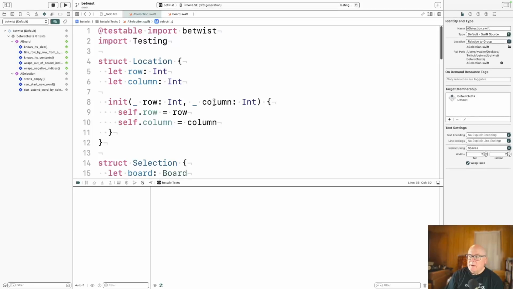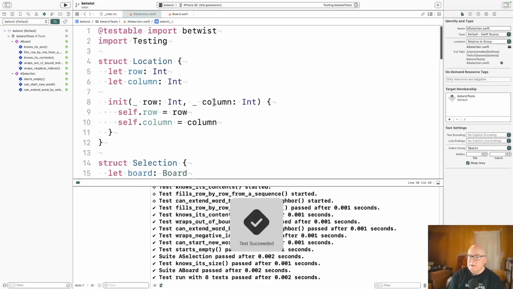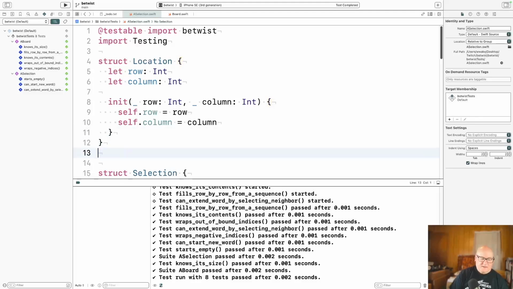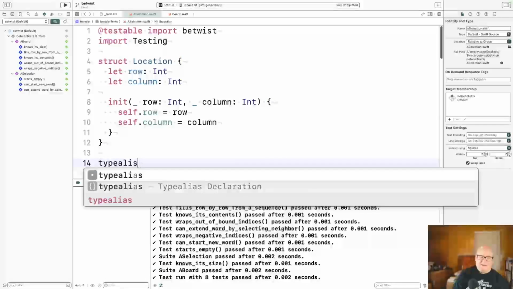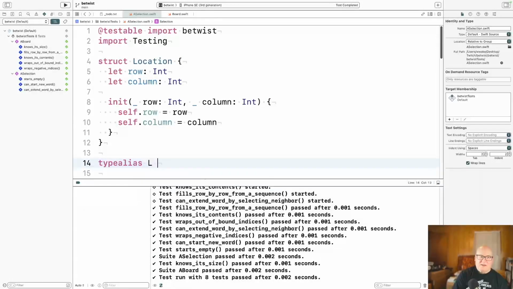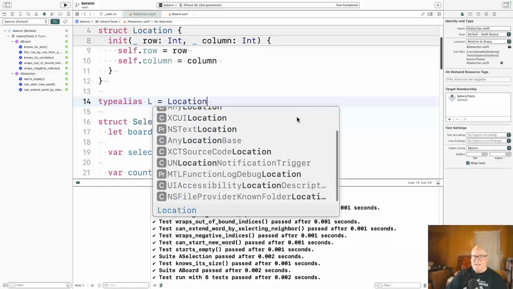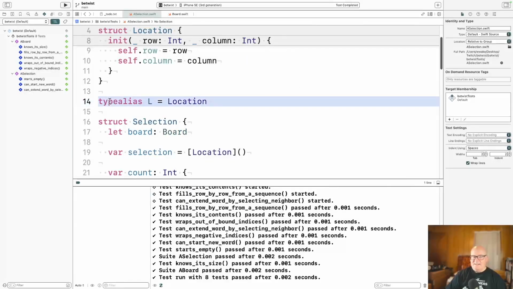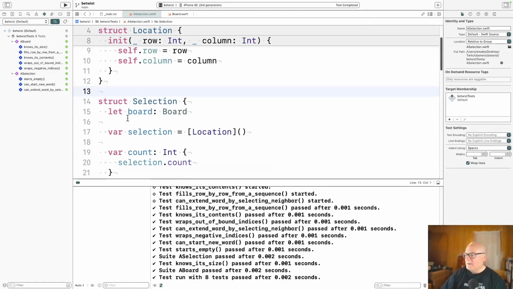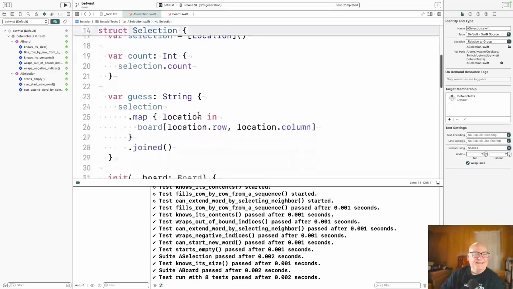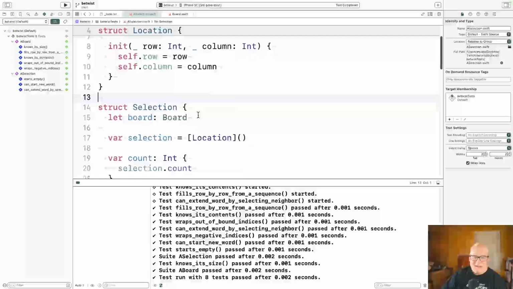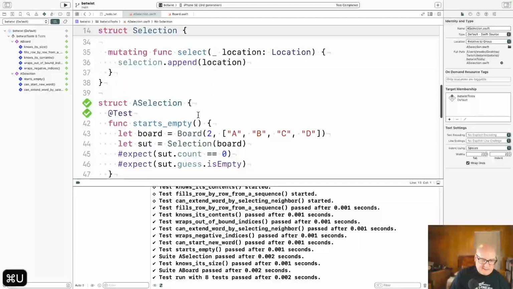That's true. Yeah, I mean, you're not going to create a location very much, I don't think. But it does annoy me. I don't know. Sometimes you can do these. You could do like a type alias, L equals Location, and then you could just say L of this, L of that. I don't think I'm quite ready to do that, but I'm slightly annoyed having to say those. All right, I think that's a good refactoring. I think I ran tests,